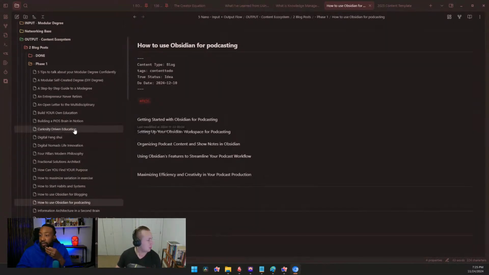True. But for example, this one's a PIOS topic. This is about Obsidian. Where is this? Yeah, Obsidian here. And these are all basically thought leadership for knowledge management so I can compete with other people in the knowledge management space. That's why these are important, because they're SEO optimized and focused on, hey, if you want to use Obsidian for podcasting, there's hardly anybody talking about that out there. I can fill that niche.